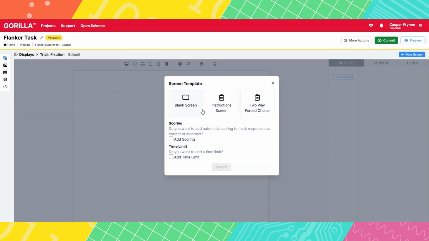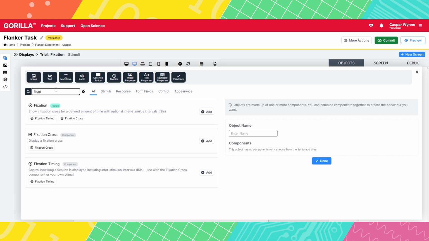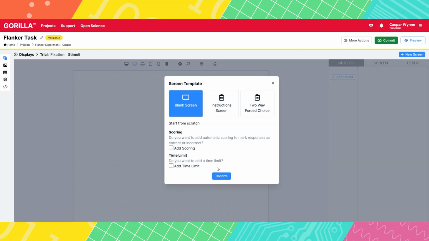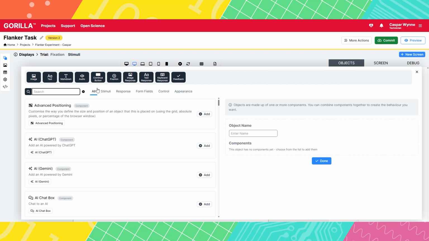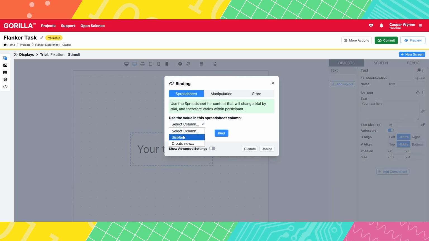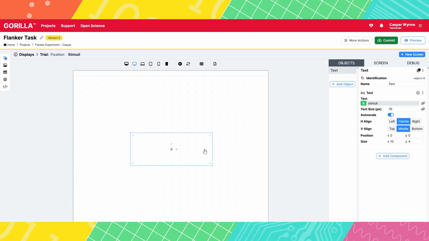Click on the Fixation screen, click the blank screen template, click New Object, find the Fixation prefab in the search box. Click Add, check the settings, click the blank screen template, click on Add Object and select the text object. Change the text size to 76, change the size X value to 10, bind the text source to a new column called Stimuli, change the object name to Stimuli,